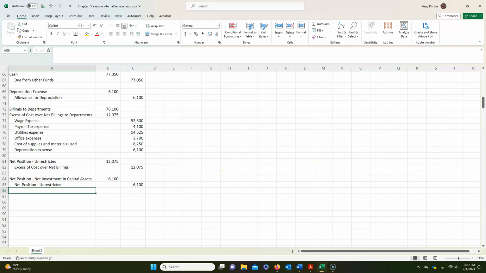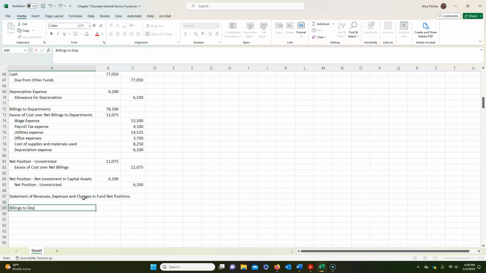Next, we are going to make a statement of revenues, expenses, and changes in fund net position. Okay, so we have our billings to departments, which is our revenue of $78,100. Then our operating expenses,